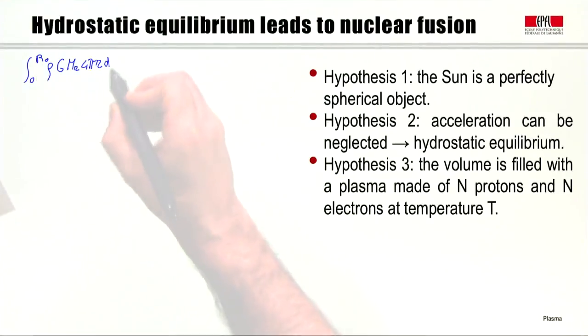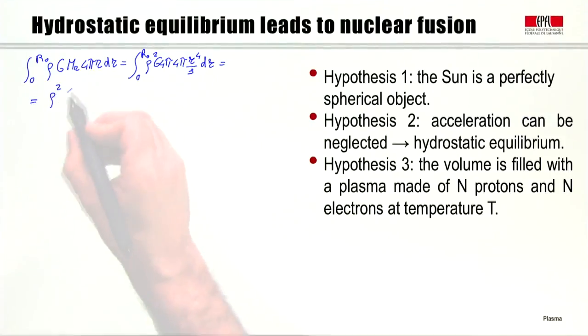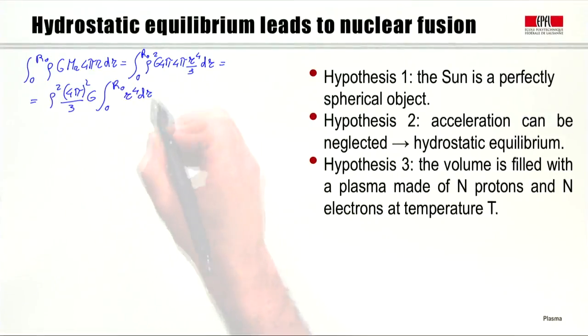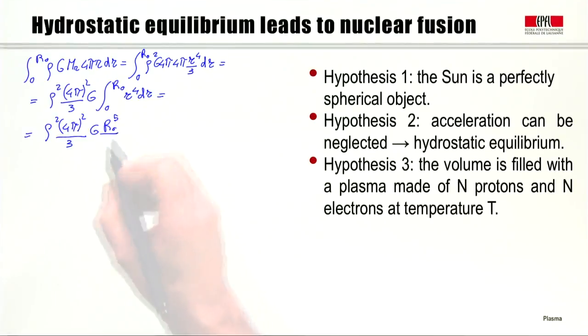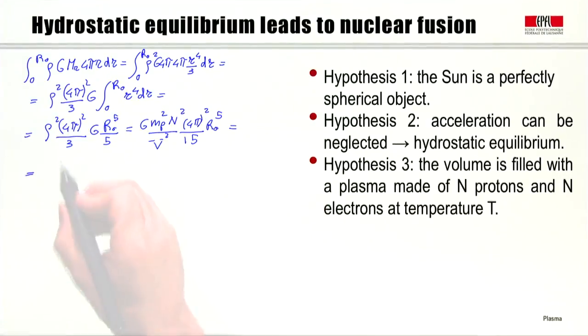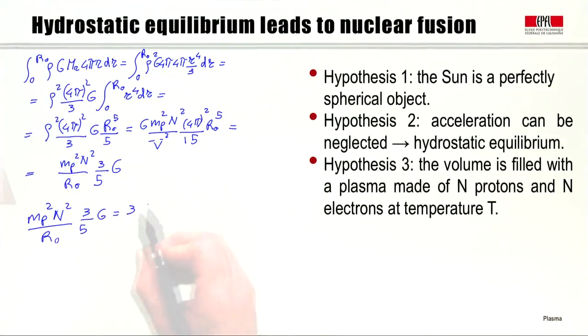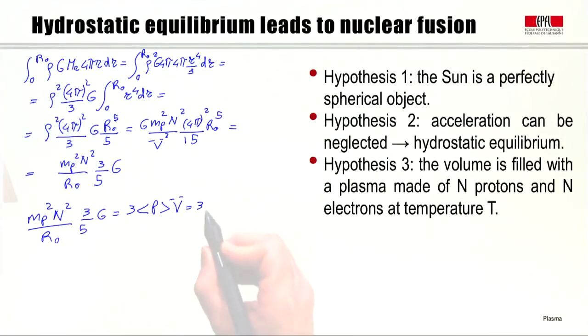Now let's go back to the original hydrostatic equilibrium equation, and let's plug what we just found into it. Using this equation, we can now find an expression for the